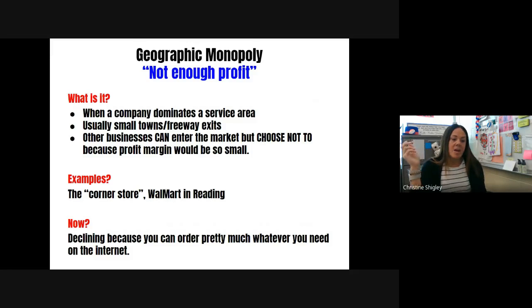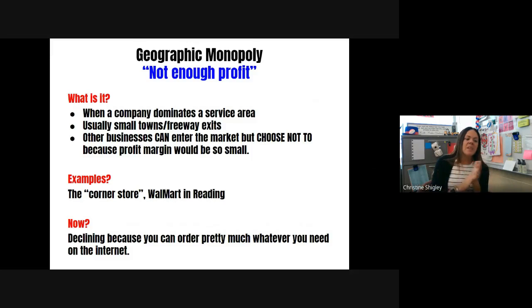So geographic monopoly happens when a company dominates one service area. And again, you could actually look at DTE for this too, because they dominate the Metro Detroit area. But if you go over to the west side of the state or the north side of the state, DTE isn't there. But what we think about for geographic monopolies are small towns, where it just doesn't make any sense to add in another location because there's just not enough customer base